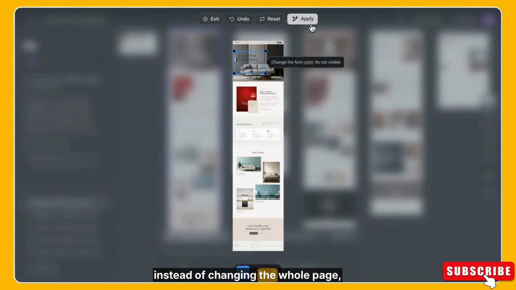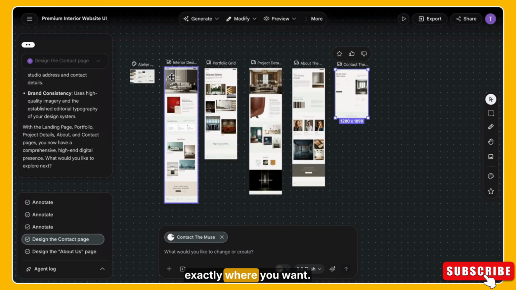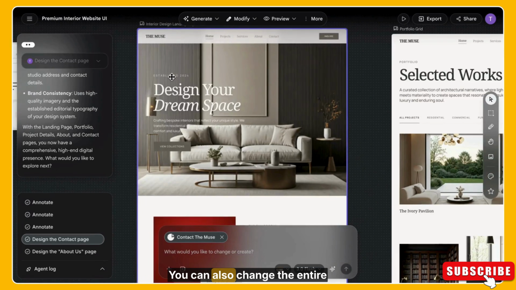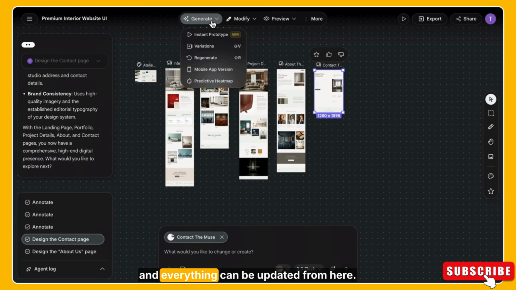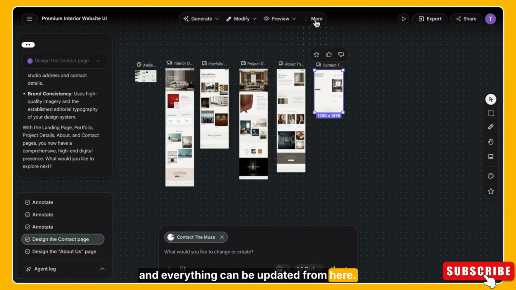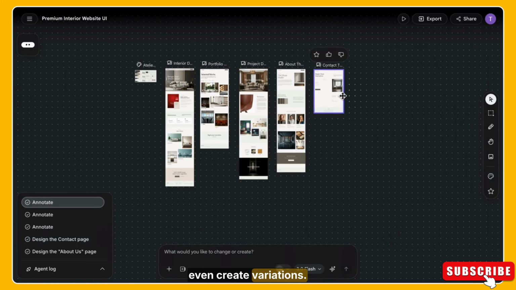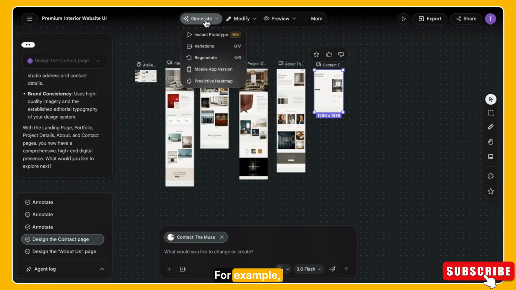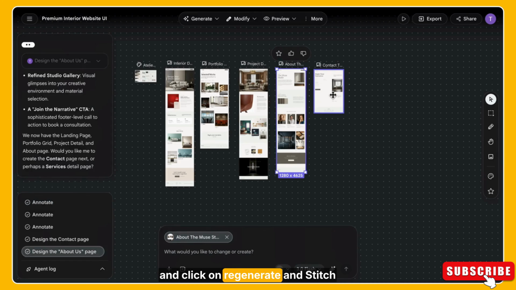So instead of changing the whole page, you can make very targeted edits exactly where you want. You can also change the entire design system like colors, typography, spacing, and everything can be updated from here. And if you go to the generate section, you can regenerate any page and even create variations. For example, if I want to regenerate the contact page, I can just select it and click on regenerate, and